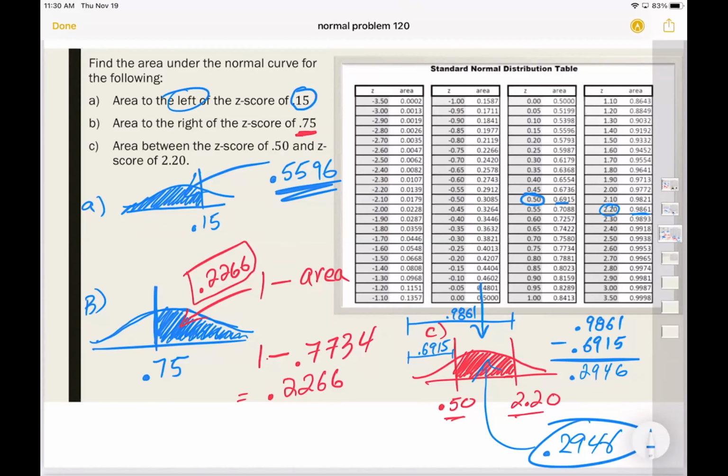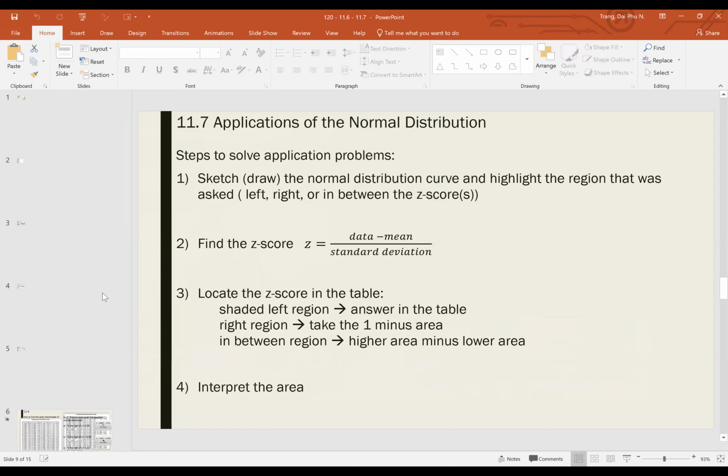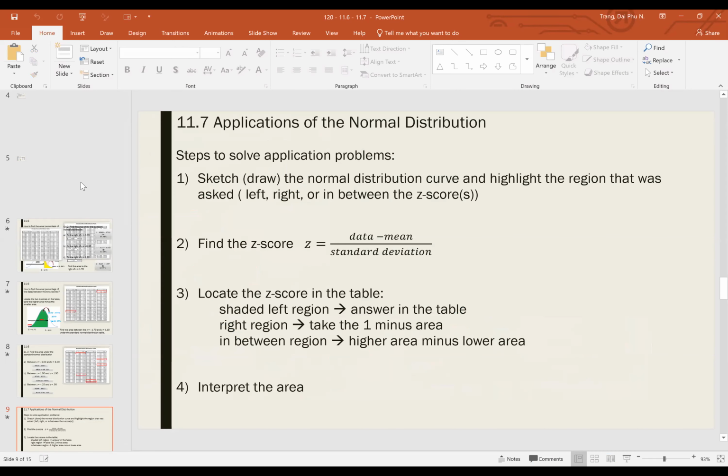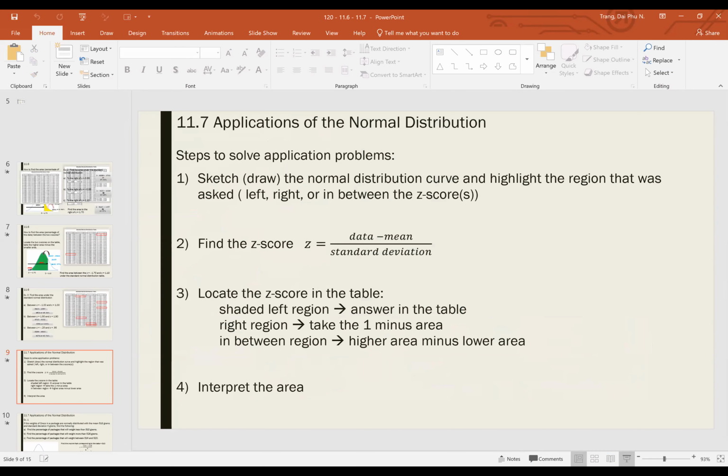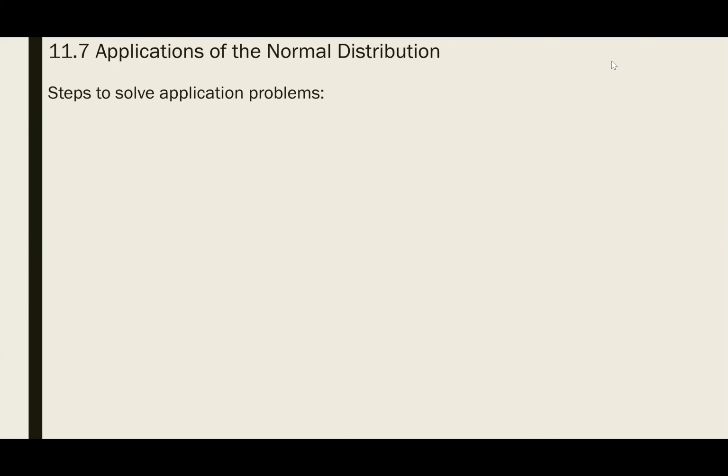Now, let's take a look at the last item we have. So this is where we got to: 11.7, the last section, the last chapter we have. So what is 11.7? One thing, if you remember from earlier, is we need to find the area to